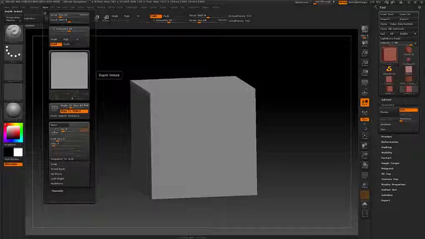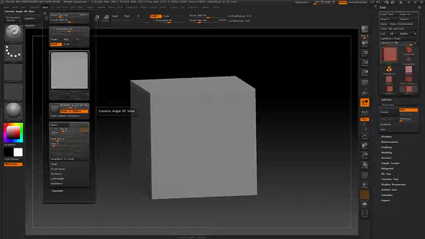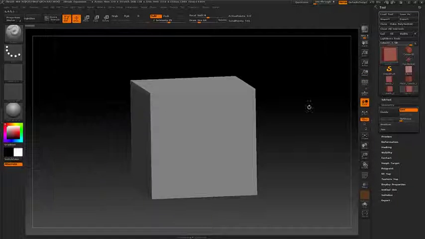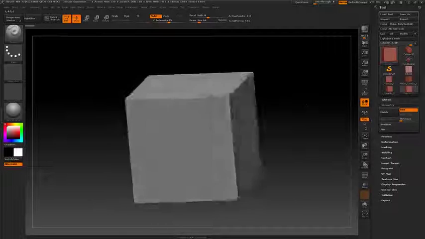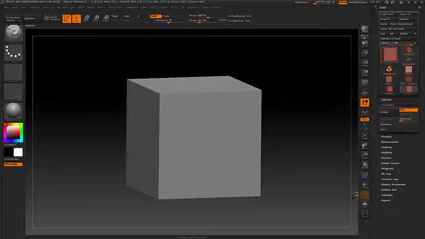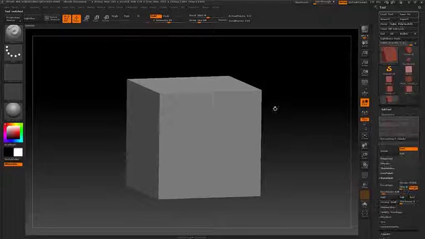The default value is something like 50 degrees, but I feel kind of constrained working with that small field of view, so I like to increase it to something like 60 or 70. Then I just click Align to Object. If you want, you can click the perspective button, but for now we can just keep it this way. So then we make this cube a PolyMesh 3D,